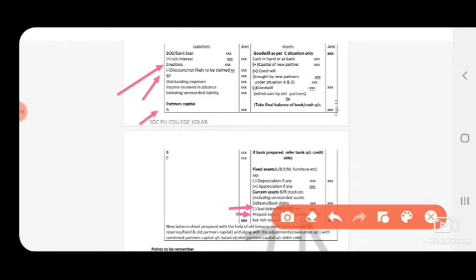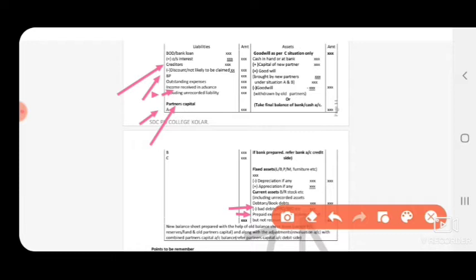So the adjustment should be revised 2 times. First under revaluation account and again in a new balance sheet. All outstanding expenses once again first under revaluation account debit side and in balance sheet liability side. Next, income received in advance, that is unrecorded liability, revaluation account debit side, in balance sheet liability side. And capitals, so including the new partner capital.